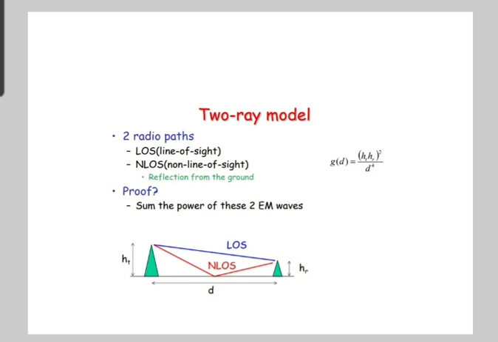So, the two-ray model considers the two components we have already discussed in the received signal at the receiver side. One of them is LOS, that is the line of sight component, which is the same as the transmitted signal propagating in free space, and the other component is the reflected component, which is the transmitted signal reflected from the ground, and it is more useful in rural areas. So, the equation for G of D is given here.